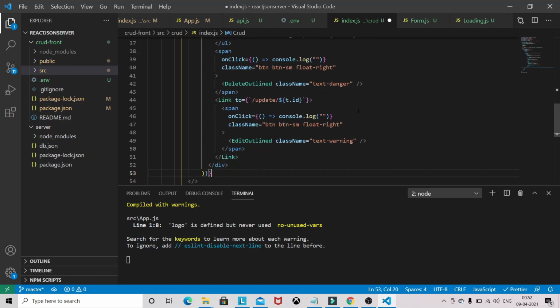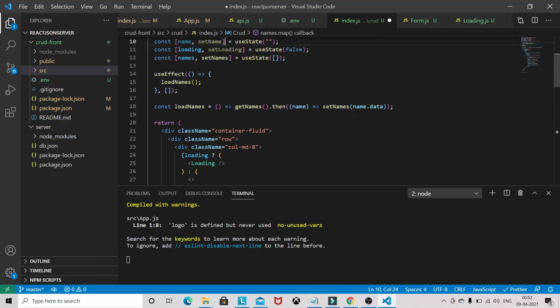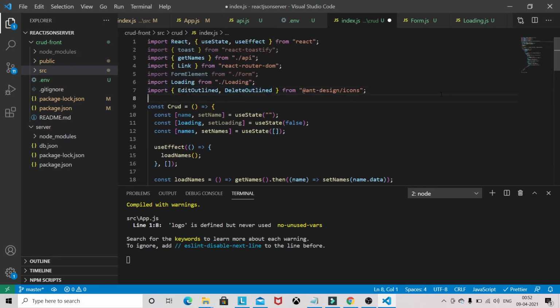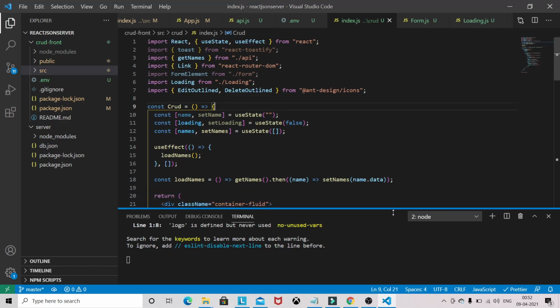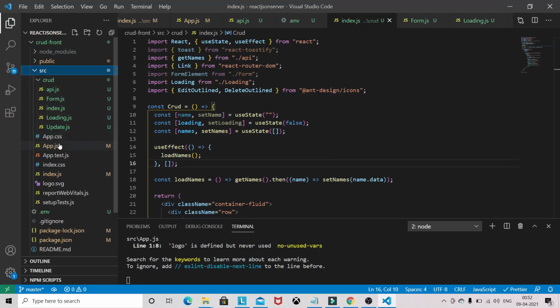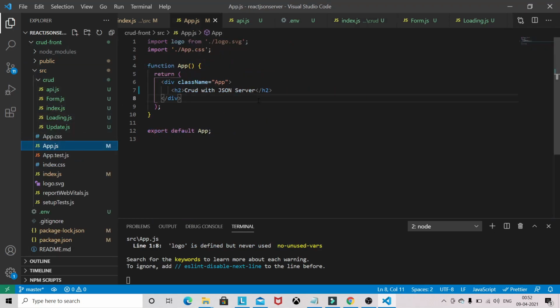Now we have to export this one. So we have already exported. Now come to our app.js file. Here we have to set up the route. So remove the logo part.